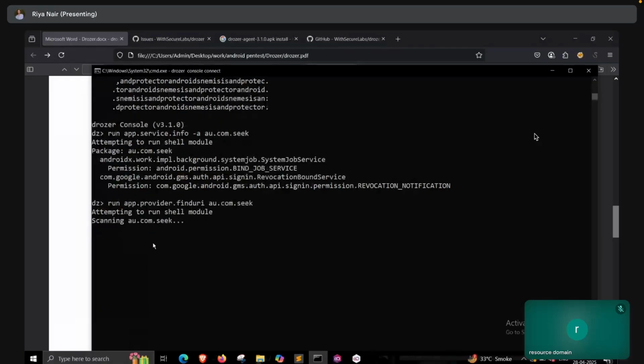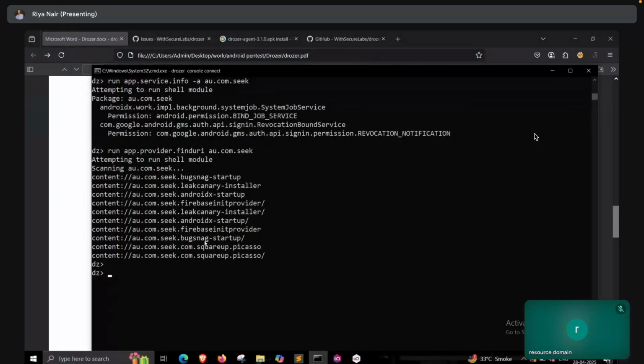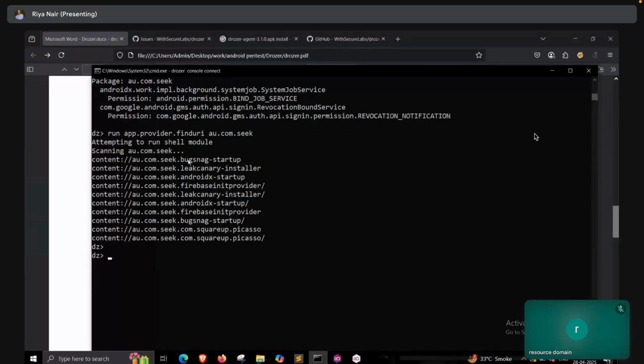हमने रन किया, so it says it's scanning, ऐसा। So it will show you everything, like it will show all the content providers that the application is exposed, so you can check if they are secure and proper, or if they allow any sort of unauthorized access or something like that यहाँ पे। तो यहाँ पे as such कुछ